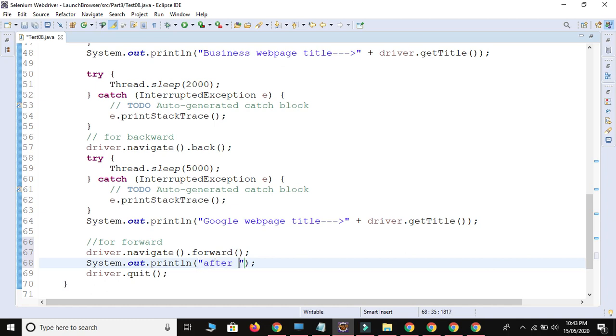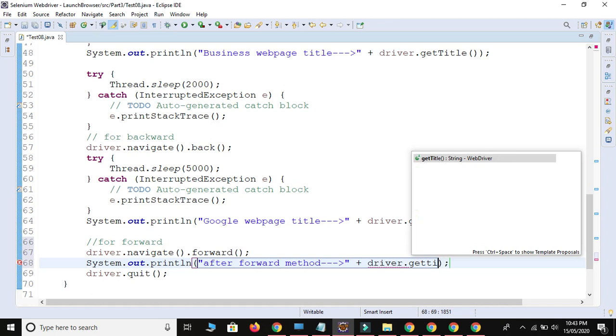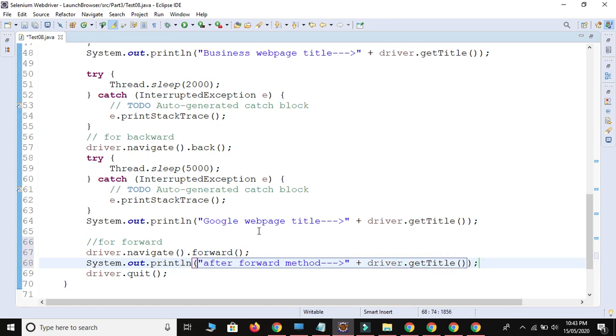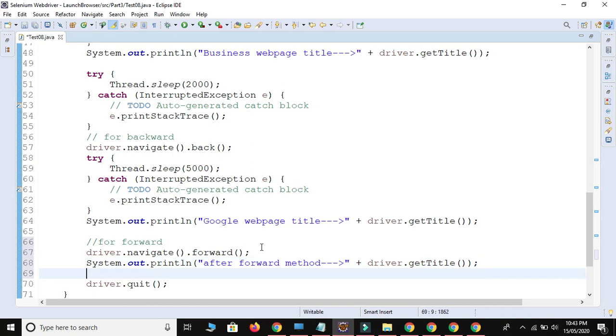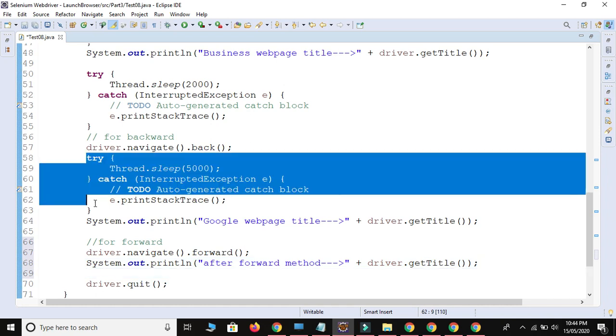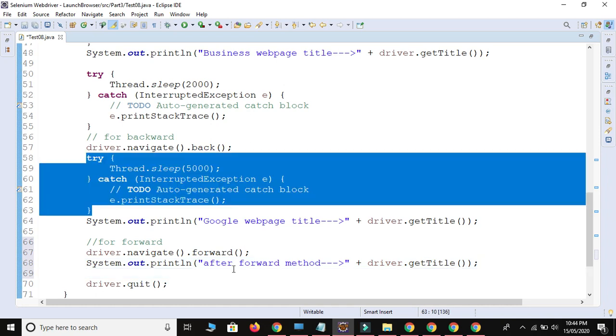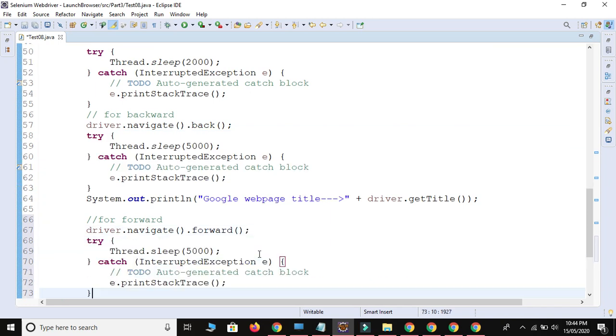After forward method, driver dot get title. After forward method driver dot get title, but let me use this wait, copy, paste and save, and let me run.